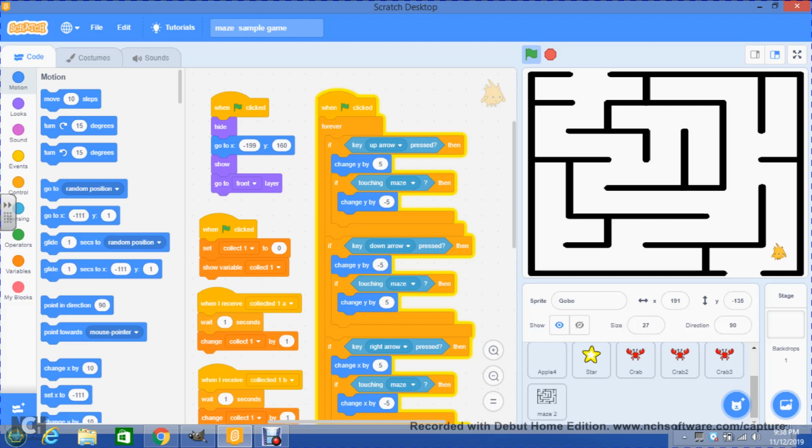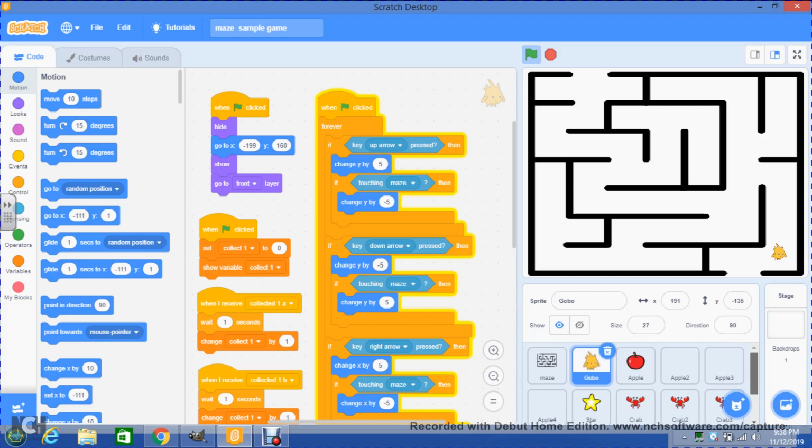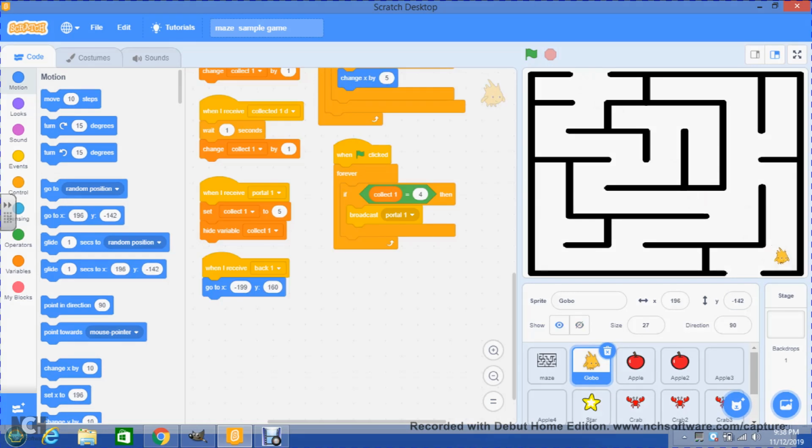All we got to do now is to decide whether we want Gobo to be in level 2 or replace Gobo by a new character. If we want to keep Gobo in the second maze, all we got to do is just tell the computer where we want Gobo to be when he gets to level 2. So I will take Gobo and I will drag Gobo to this point, and now here